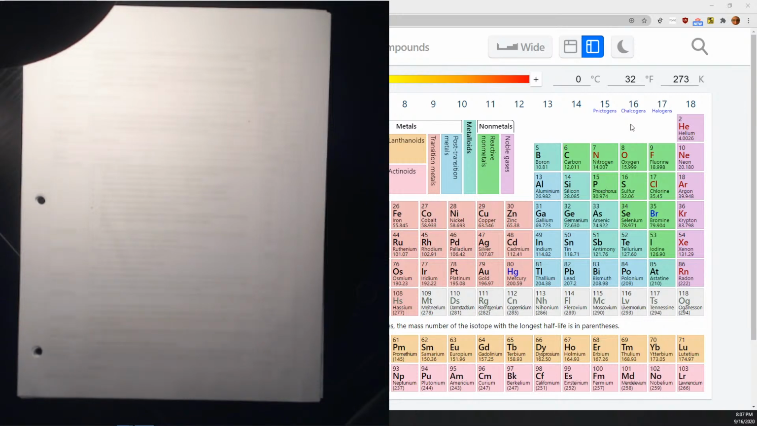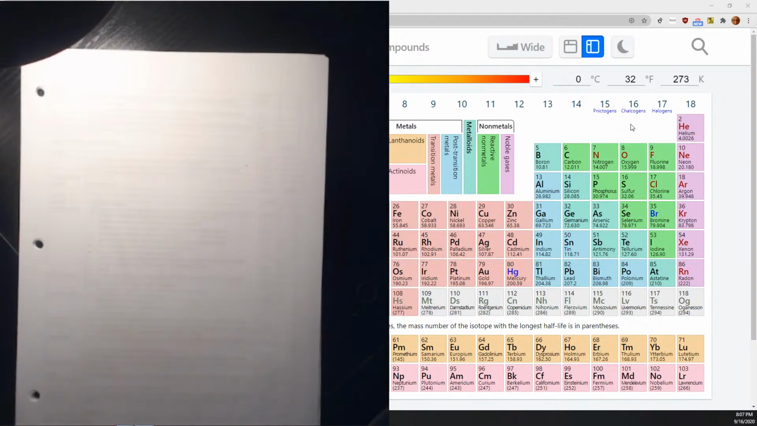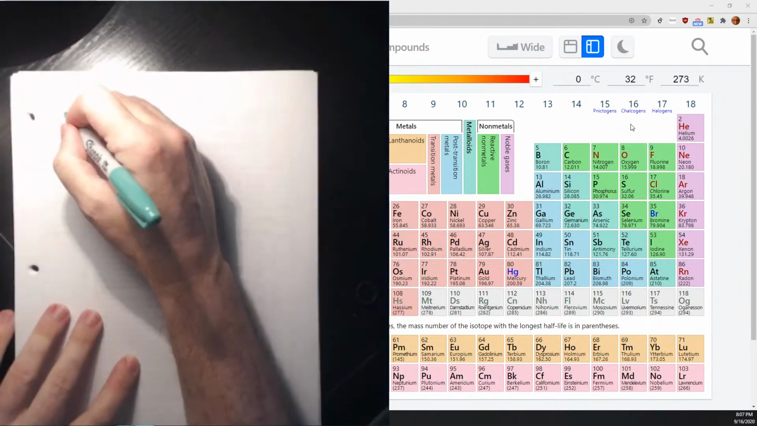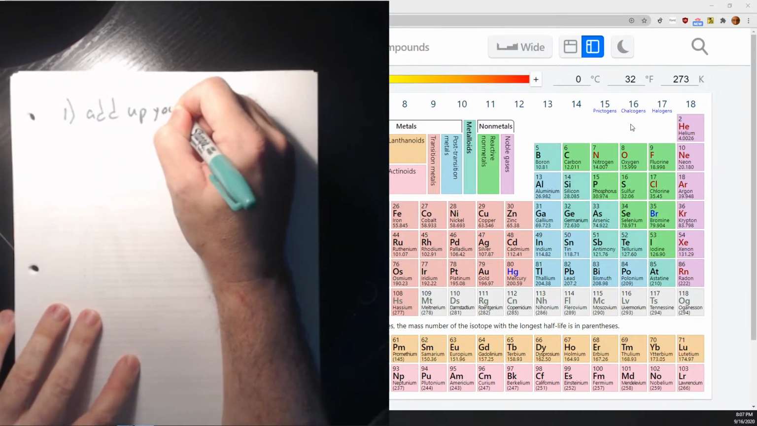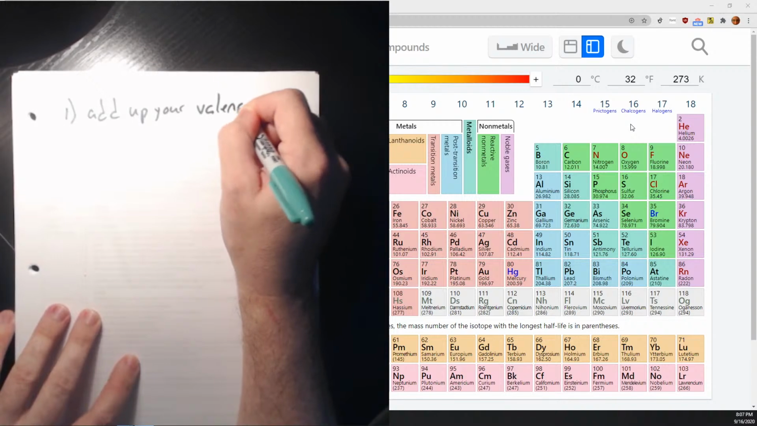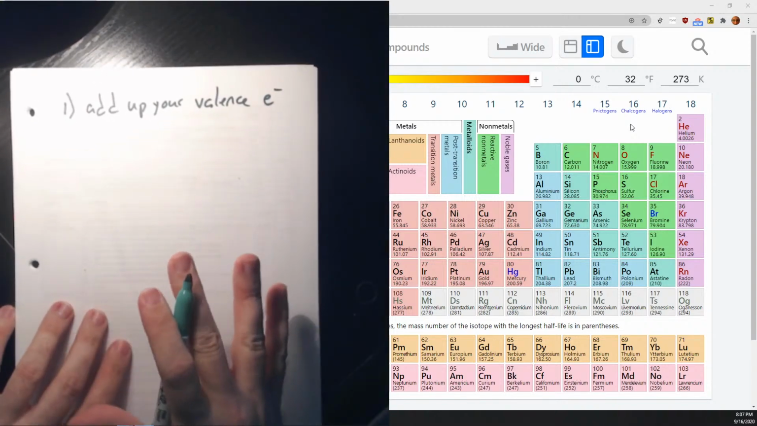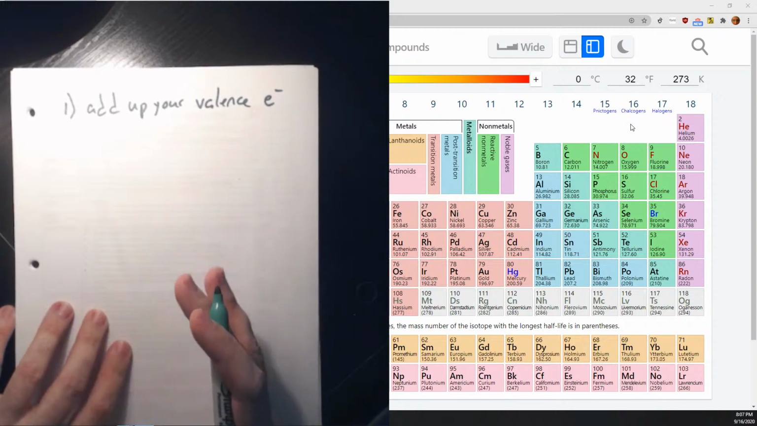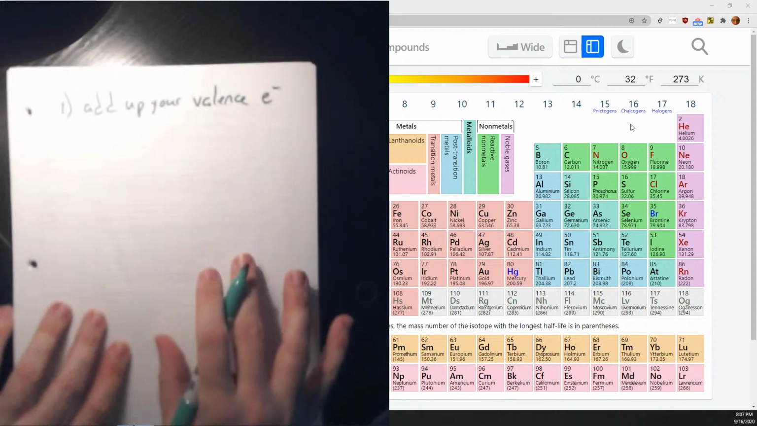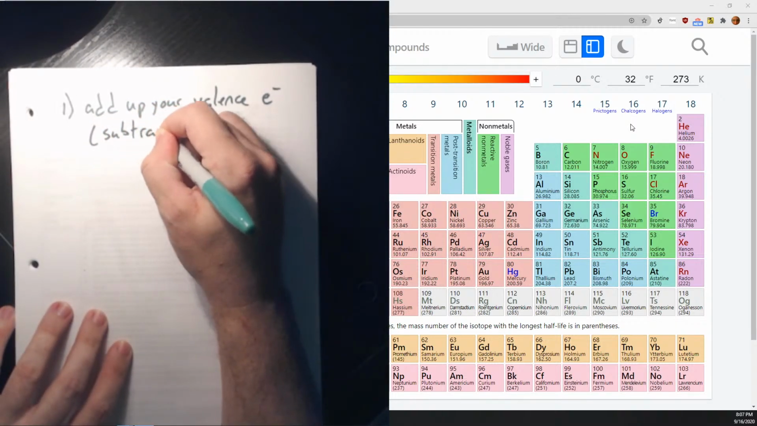Now, Lewis structures for molecules. Here are the rules for how we do Lewis structures for molecules. Okay, first, you add up your valence electrons. You're going to count up all the valence electrons available from your molecule. You just look at the chemical formula, however many electrons are given by each of your atoms. And don't forget, you subtract